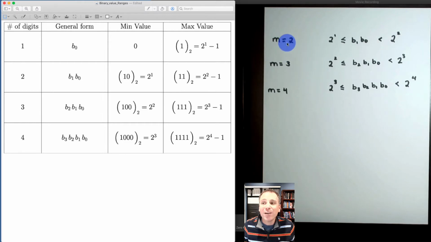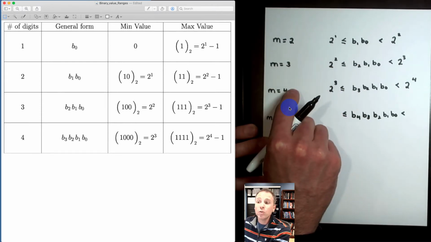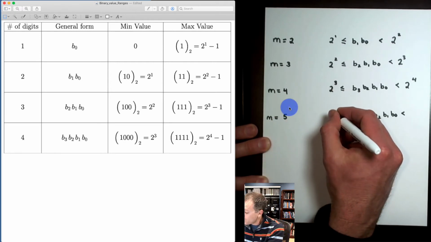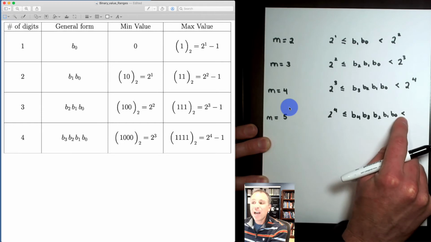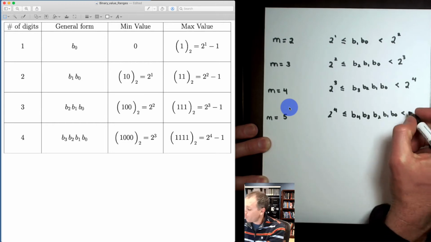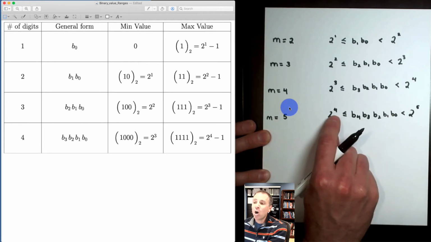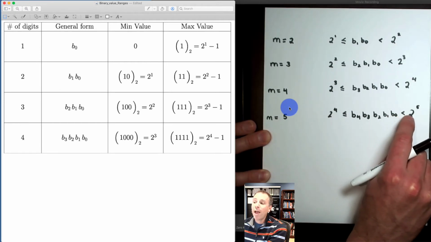Well, do you notice a pattern here? When m is 2, the number of bits is 2, I see that it's bounded below by 2 to the first. So let's see, 2 goes to 1. When m is 3, it's bounded below by 2 to the second. 3 goes to 2. When m is 4, it's bounded below by 2 to the third, so 4 goes to 3. Could you guess what happens when m is equal to 5? Let's see, 2 to 1, 3 to 2, 4 to 3, 5 to 4. You got it. So this would be 2 to the fourth. How about on the upper bound? Well, let's see. 2 goes to 2, 3 goes to 3, 4 goes to 4, 5 must go to 5. So now we know all of a sudden that all 5-bit binary numbers are going to be found between 2 to the fourth and 2 to the fifth.